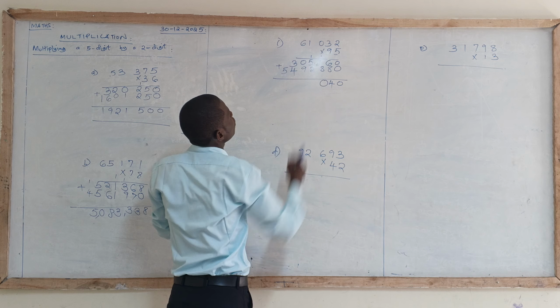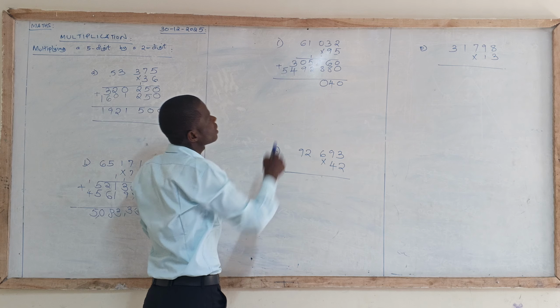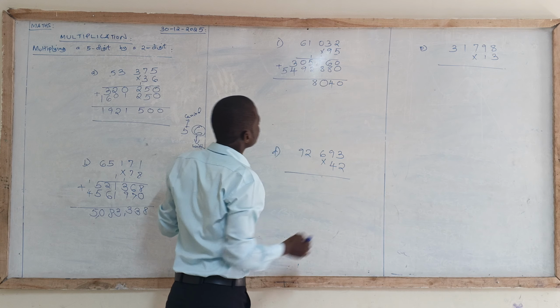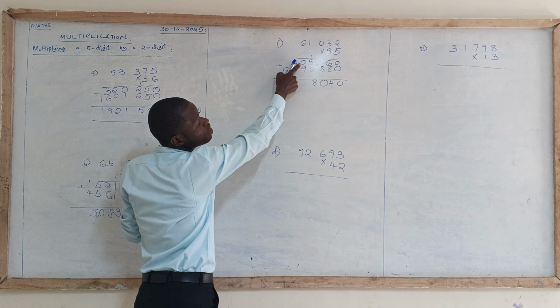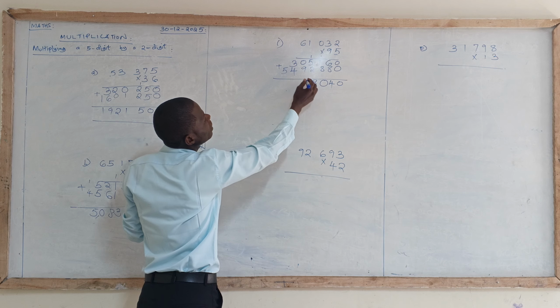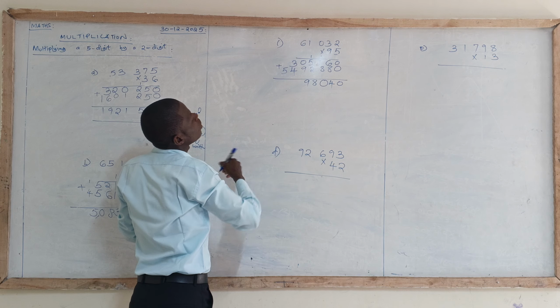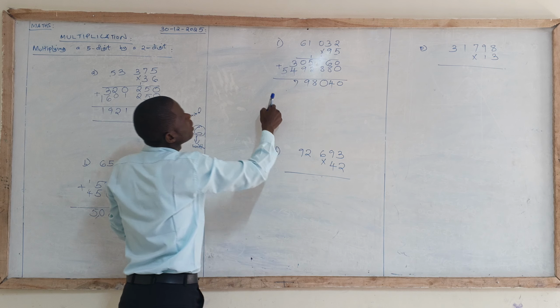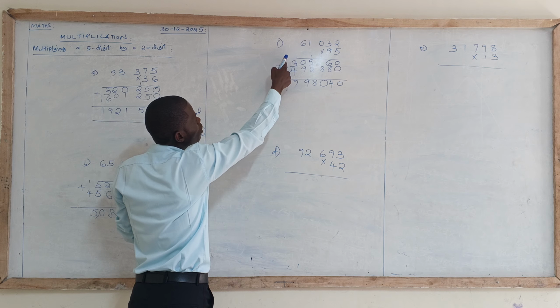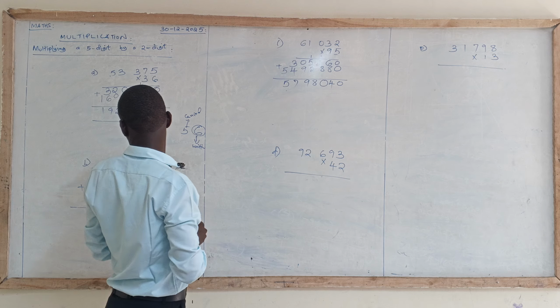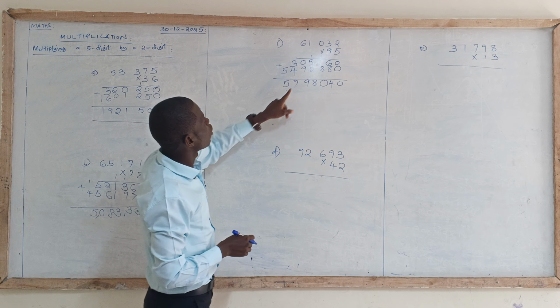So 1 plus 5, that is 6. 6 plus 2, that is 8. Then here, what do you have? We have 0 plus 9. This one will be 9. Then 3 plus 4, we have 7. Then we have nothing here, so we are just going to have 5. So already we are at 5 million. Here also we had 5 million. So we have that